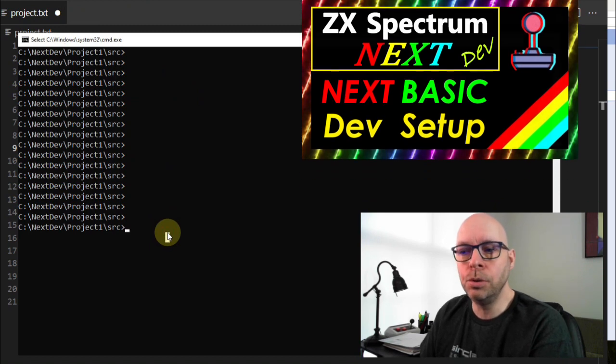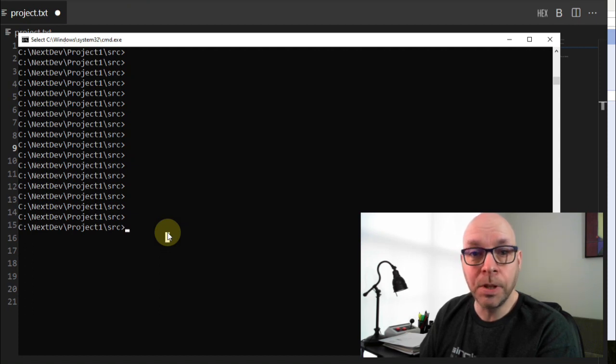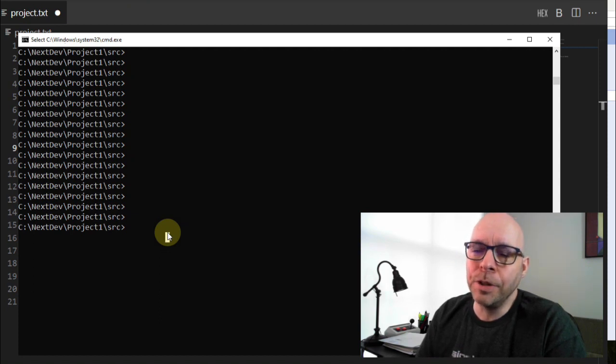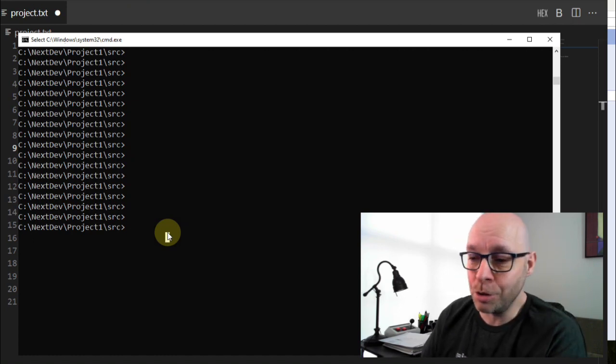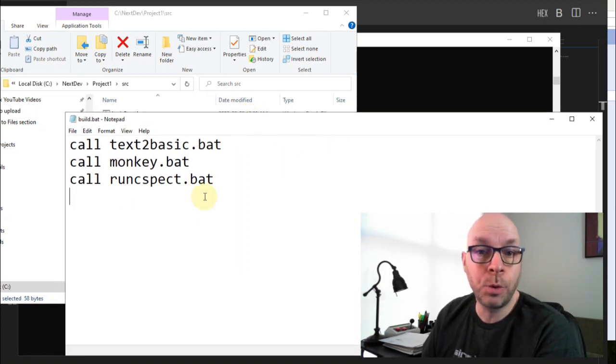And now in order to convert this program into a BASIC program, as I showed in my previous video, the way I'm going to do that is by executing a batch file, and the name of my batch file is called build. I didn't describe this part in my last video, but I've combined the 3 batch files that I did describe in my last video into one. I've created a new batch file called build.bat, and it will basically execute all 3 of those batch files at once. If you want to see it, I can just show you my batch file right here. Alright, so here's my batch file, and you can see all it does is execute 3 other batch files,